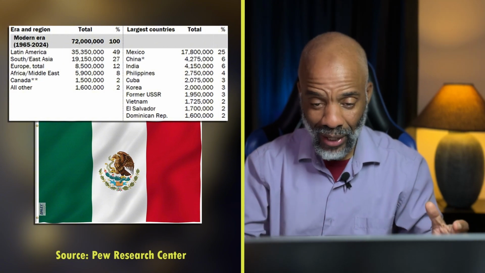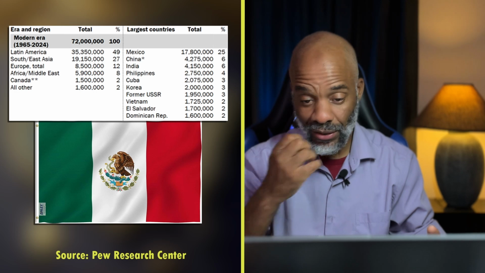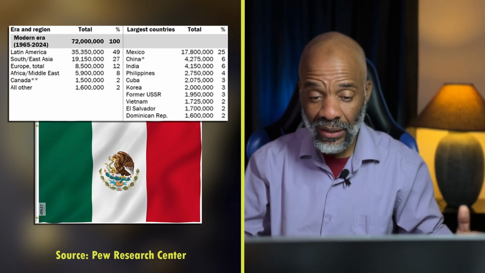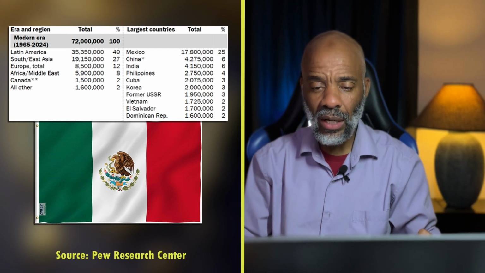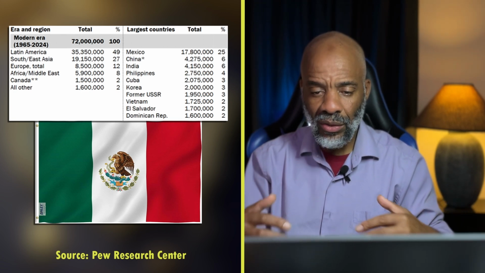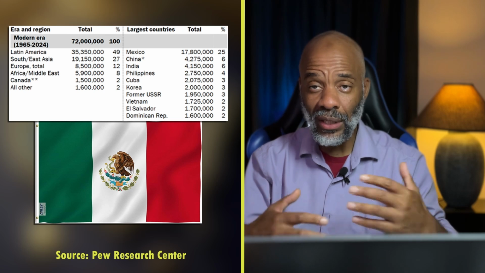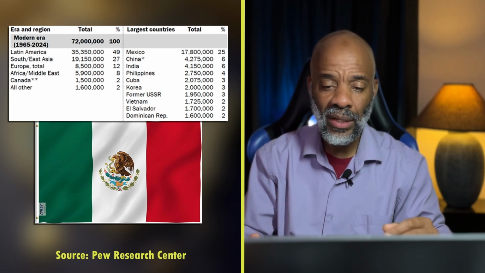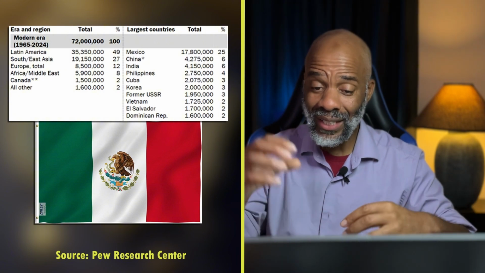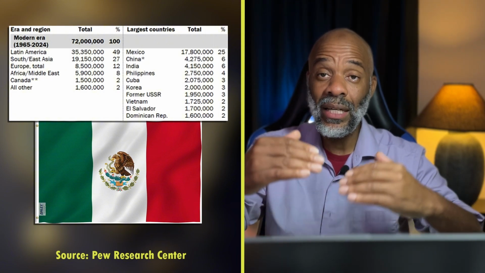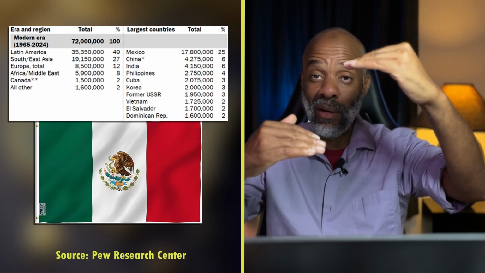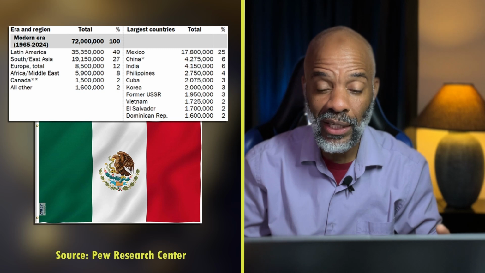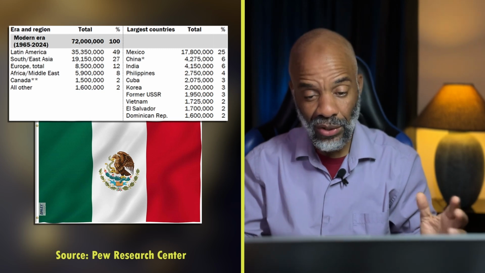And of course, right next to them, those are the top 10 lists there. You see China, India, the Philippines, Cuba. This has also been happening recently in the last 15-20 years. In fact, during the 2010s, I believe, we saw people from China, India, Southeast Asia basically overtake Latin America in terms of the amount of people that were coming into this country on a yearly basis. So that's interesting too.